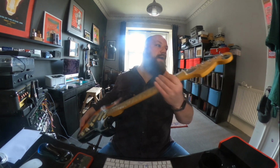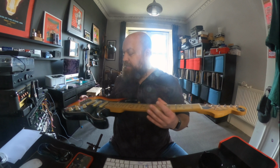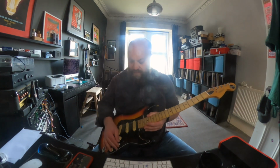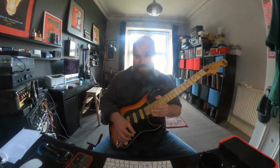It is a Hondo 2, which says Zenta at the top. It's obviously a Stratocaster copy. It's nice, it weighs a ton. The flicky bit,